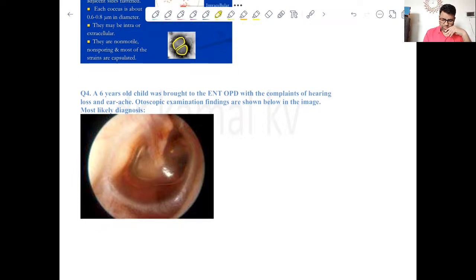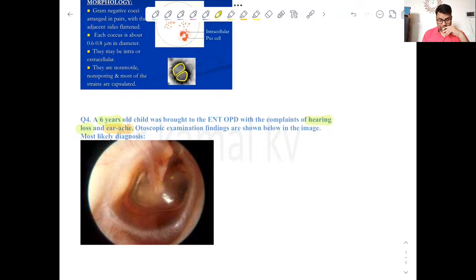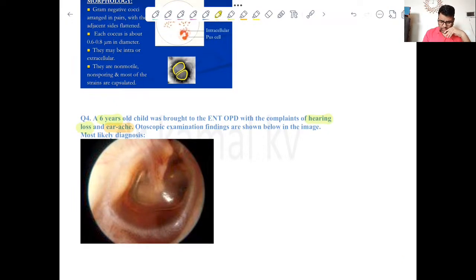Then moving forward to another question, a 6-year-old child having hearing loss, that is deafness, and earache. Now the otoscopic examination image is shown. What is the most likely diagnosis? Now this is one of the easiest questions you can have. What you can see here is fluid in the middle ear. Okay, so this is all fluid, and fluid in the middle ear can be labeled as otitis media